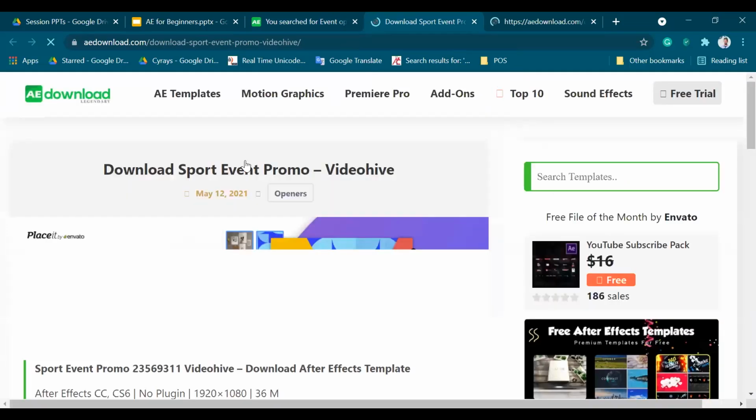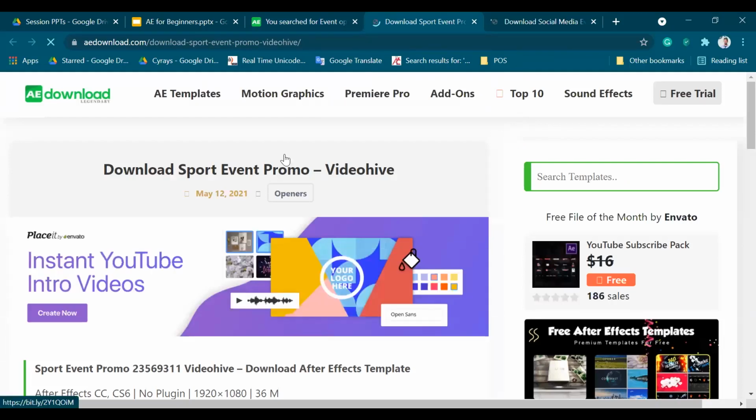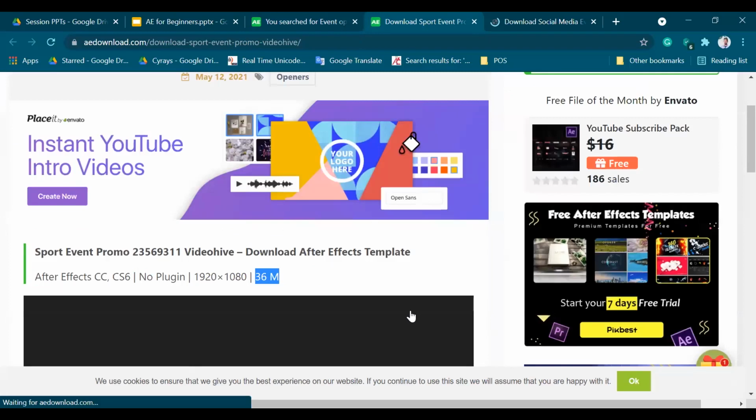So yeah, just take a look at this. This template is just 36 MB, so you can download it. From this download button, you can just go through the procedure and download this template. But in case